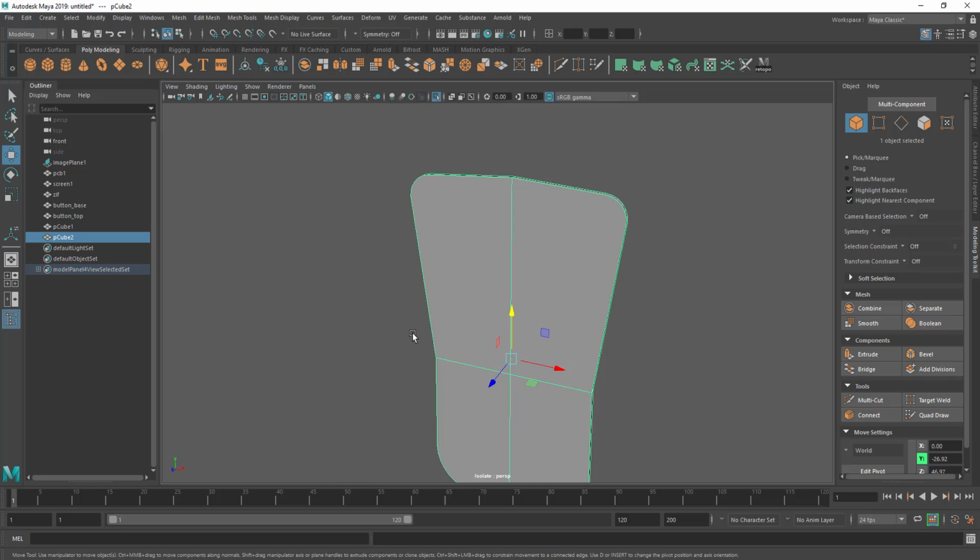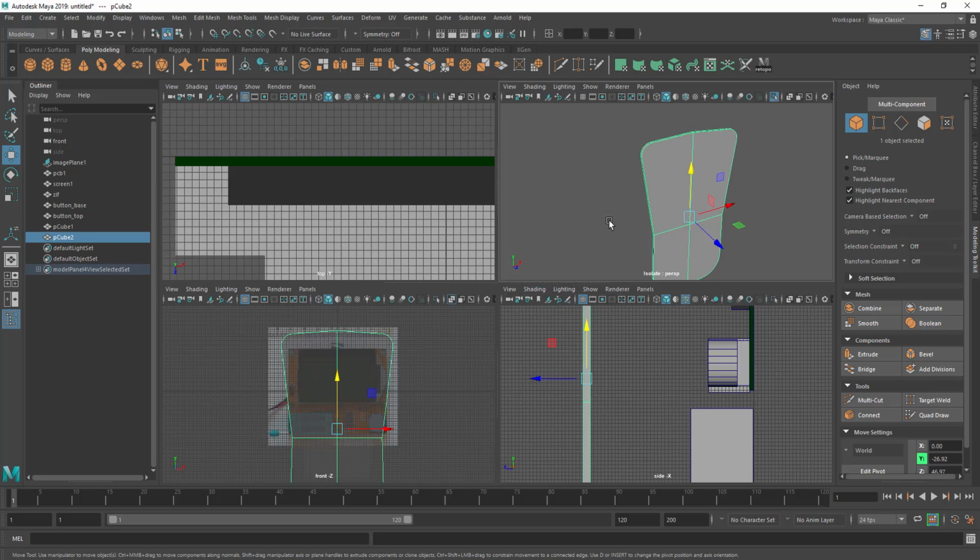Now that doesn't mean we can just go hog wild and completely ignore the topology, because if we do that, Maya's tools will actually stop working and we'll be stuck. So this is the trade-off you use when you use Maya for more CAD type work. There are certain pitfalls you can fall into, like if you completely mess up the geometry, the tools will stop working, which they wouldn't in a more traditional CAD package. But anyway,